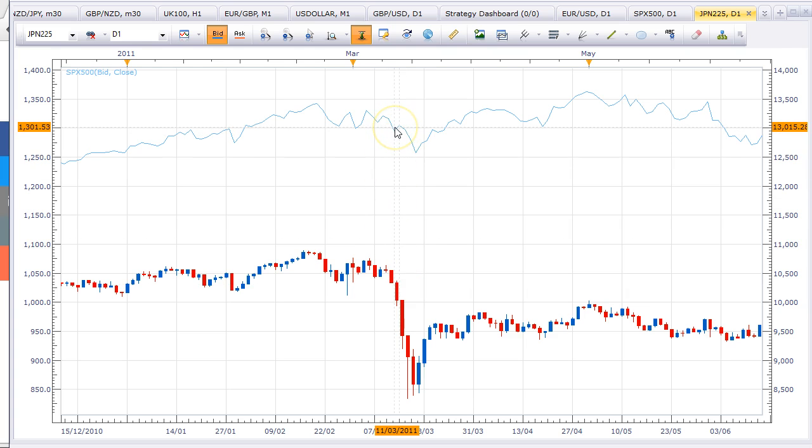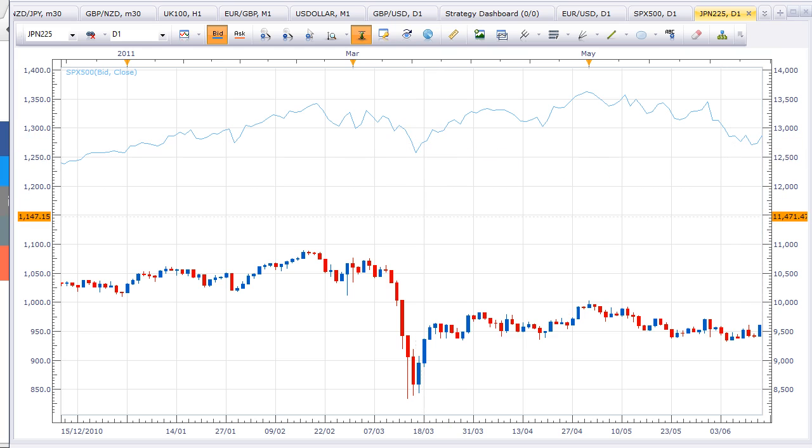Now, who influenced whom? What influenced the S&P 500 on a day? Was it the Nikkei 225, or was it something going on in America? Well, we certainly have the correlation here of a down move in the S&P 500, 1300 down to 1250. Okay, and obviously Nikkei 225 was hit harder and then recovered, but actually the S&P 500 recovered better.